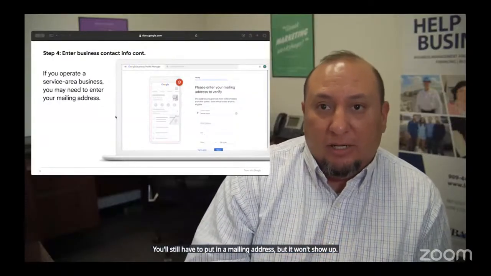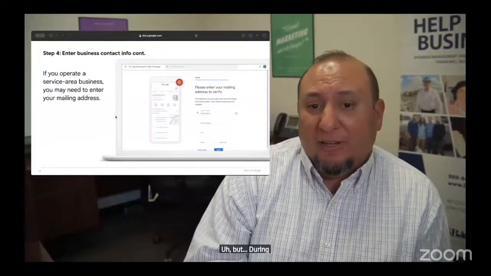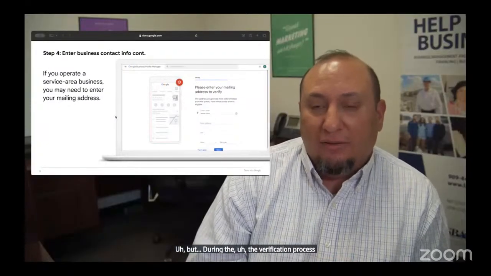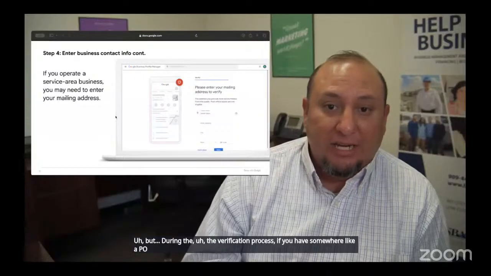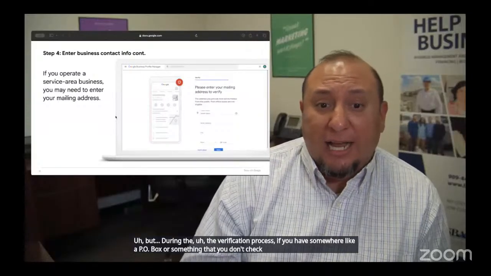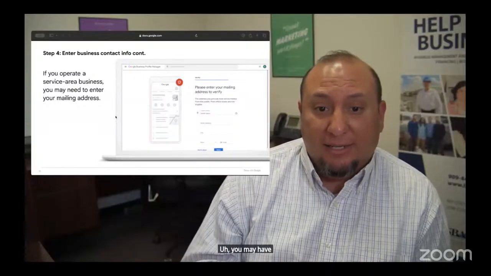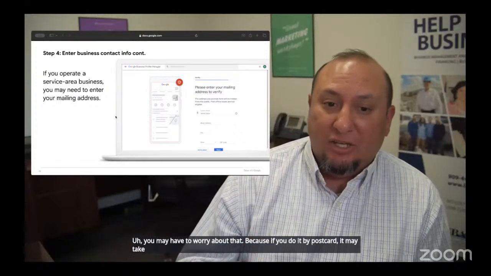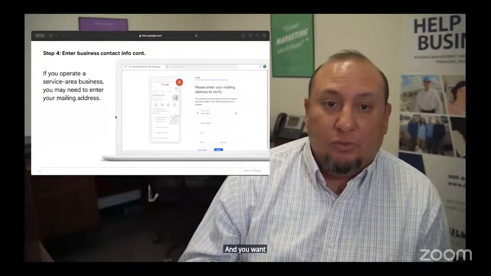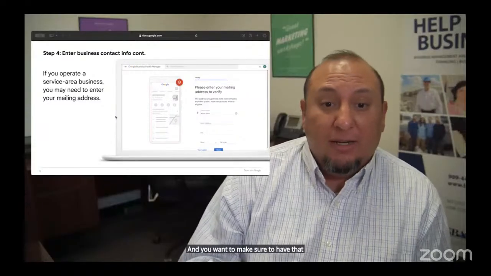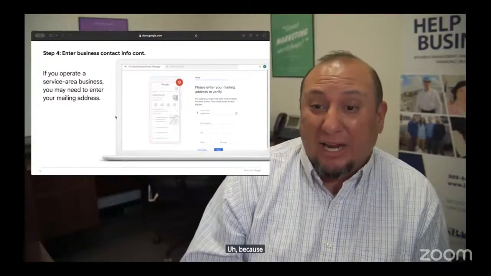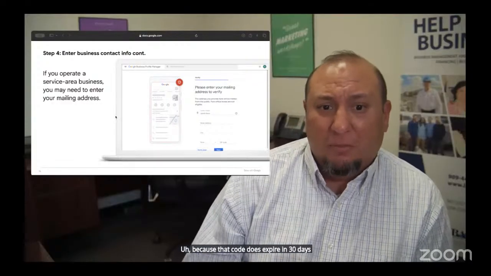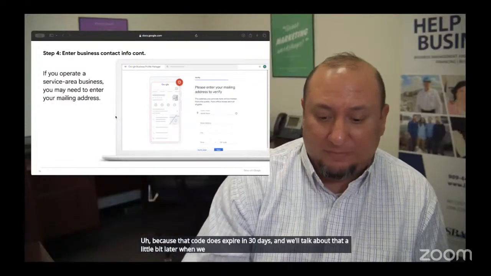But during the verification process, if you have somewhere like a PO box that you don't check often, you may have to worry about that because if you do it by postcard, it may take a little while to get to you, and you want to make sure to have that verification ready because that code does expire in 30 days, and we'll talk about that a little bit later when we talk about verification.